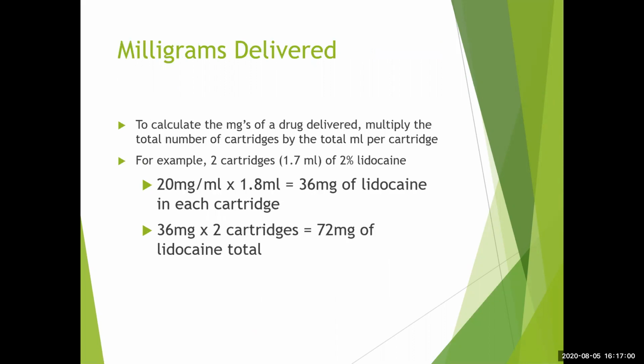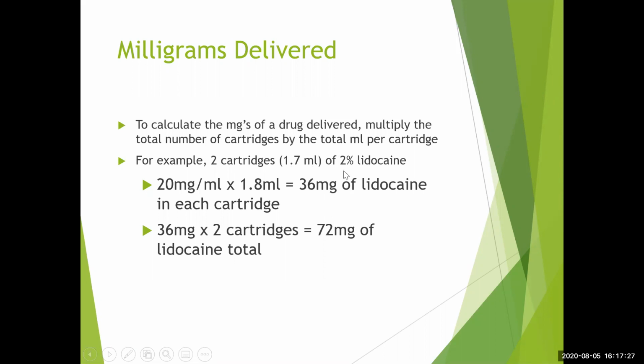Okay, to figure out milligrams delivered, and we do this quite a bit when we're documenting our local anesthesia in the chart, you're going to calculate the milligrams of a drug delivered. You're going to multiply the total number of cartridges by the total milliliters per cartridge. So for example, if you gave a patient 2 cartridges, and the cartridges were 1.7 milliliters of 2% lidocaine, you're